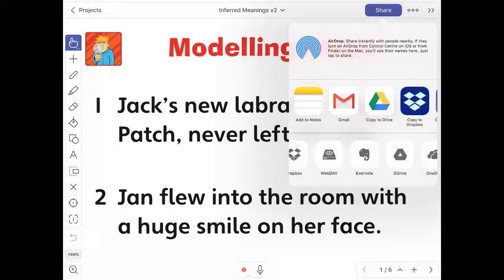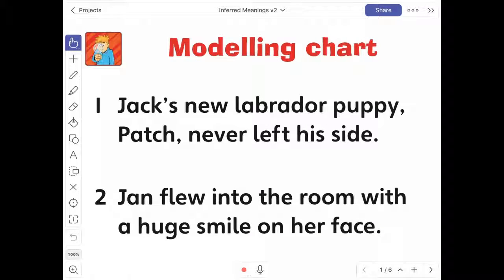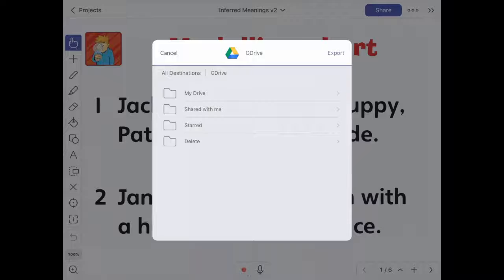That's important because for some reason when you export or use the copy to Google Drive function, it just puts it in a random folder that you've already got open. And if you then move it into a different folder so the students can access it, something happens to the file in Google Drive and it doesn't let the students open it. So it's important to put it in the correct folder that you want to share it to the students the first time. So I'm going to click Google Drive in the grey,